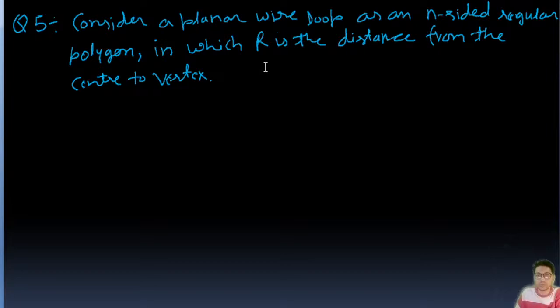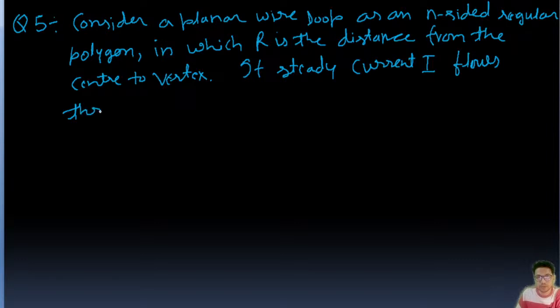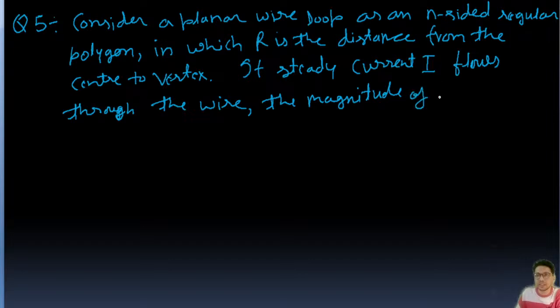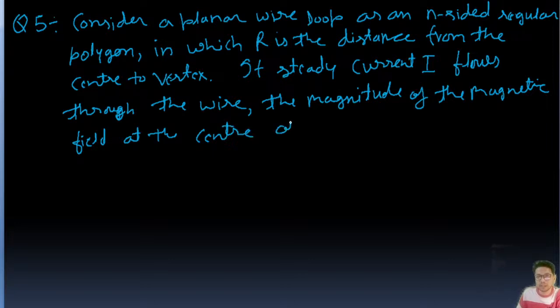If a steady current I flows through the wire, the magnitude of the magnetic field at the center of loop is,